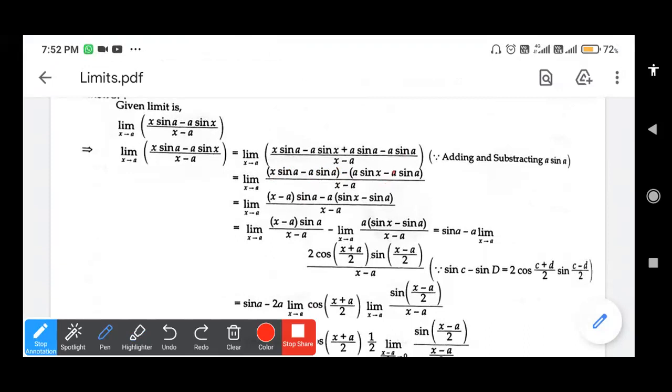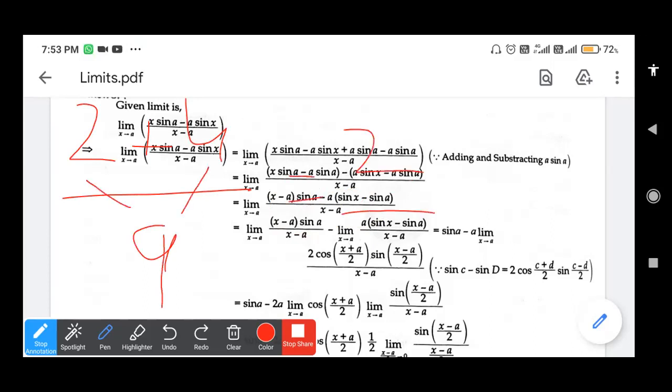Okay, so we got this. Now we are applying the limit separately. So how can we do this? We can take this part separately and we can take this part separately. This denominator will split over here. Let's say 2 plus 4 by 9. If I want to split this, it will become 2 by 9 plus 4 by 9. We have learned this in fractions.